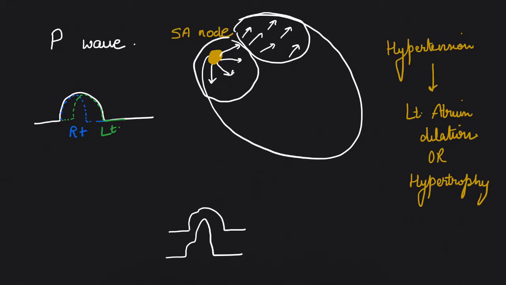If there is hypertrophy, the amplitude will be more because of the thickness of the wall. As you can see, the smaller blue wave is because of the right atrium. The green one is taking more time, so you will see a widened P wave, and you can see which component is dilated. In this case, the left atrium is dilated. Now moving to hypertensive cases with hypertrophy, the right atrium part is normal, whereas we get a tall or peaked P wave due to increased thickness of the left atrium.